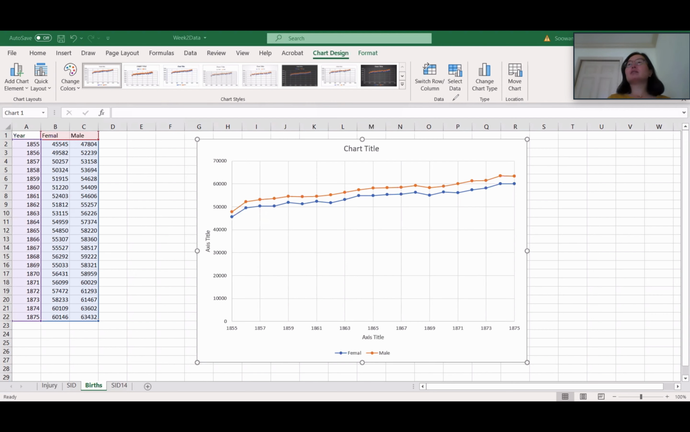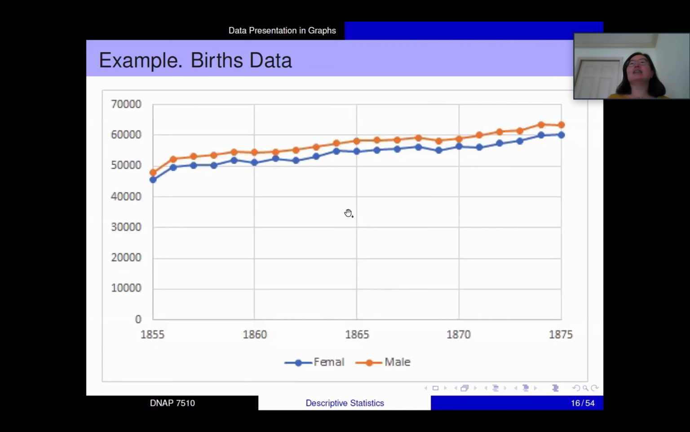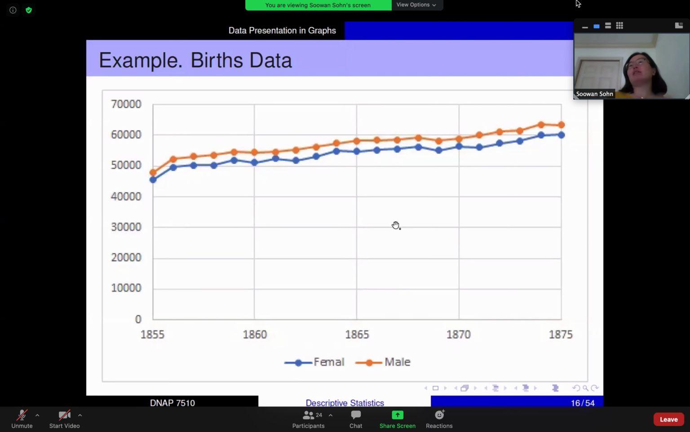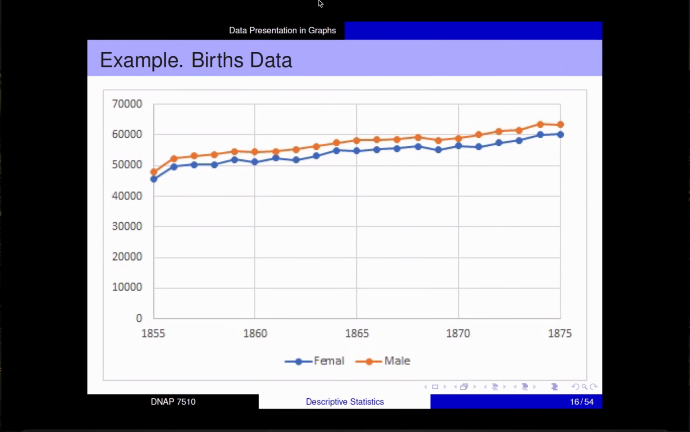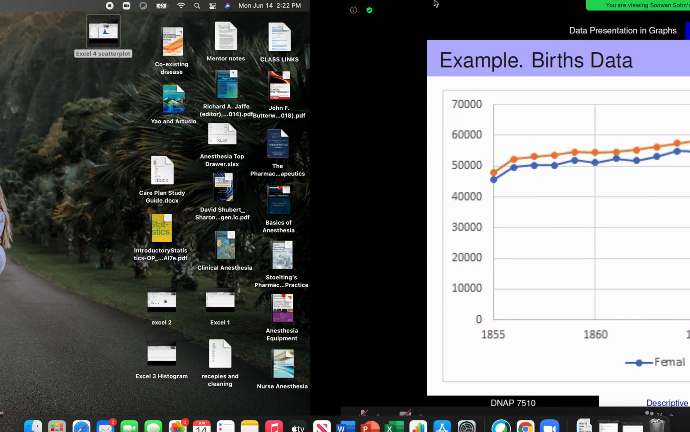Any questions? We'll continue with that. That was time series, or if you want to put these two in a timeline, you can draw with